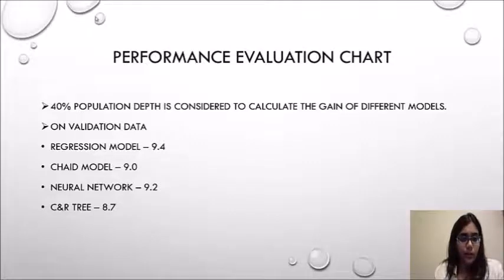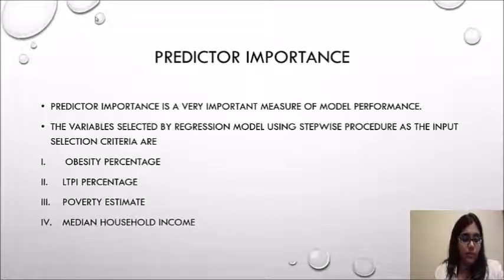The next criteria is predictor importance. Most of them do not take into consideration the predictors used by the model to assess it. For example, if we are building a model to predict whether a person will take an insurance or not, and if the model selects his favorite holiday spot as the input, that doesn't make any sense.